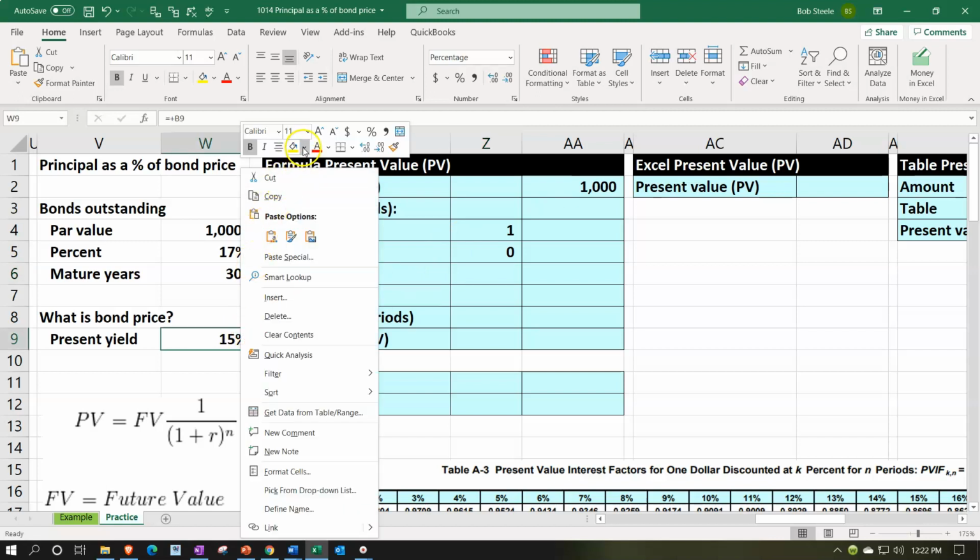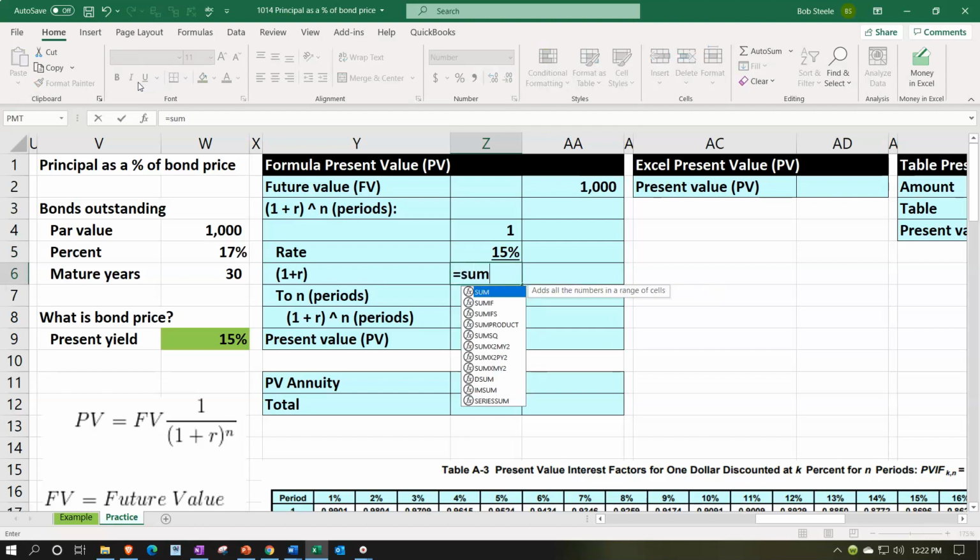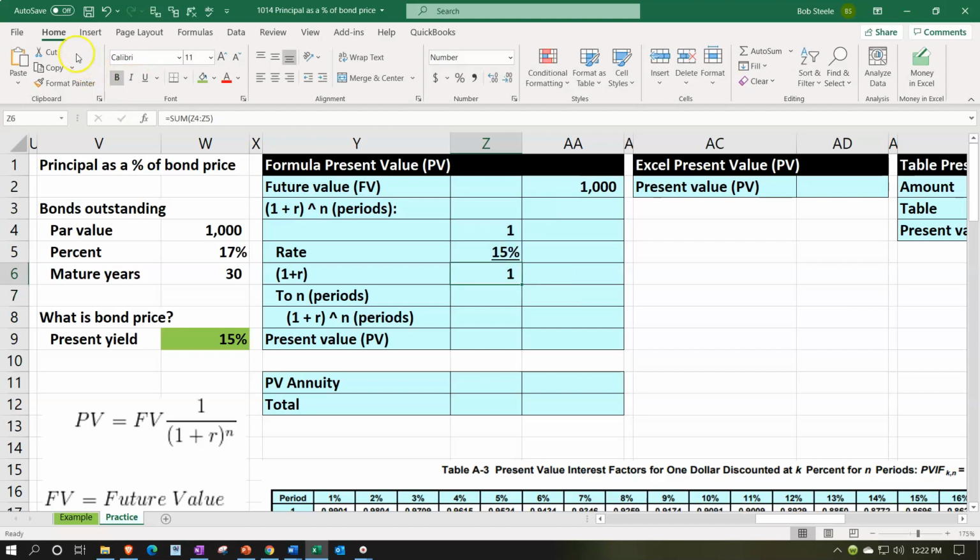mess it up again. Try to greenify it, and then I'll percentify this cell, Home tab numbers, percentify, Home tab font, underline, trusty sum function equals sum, S-U-M, of those two. And then Home tab numbers, percentify, bringing this into the outer column, actually number of periods first, which is going